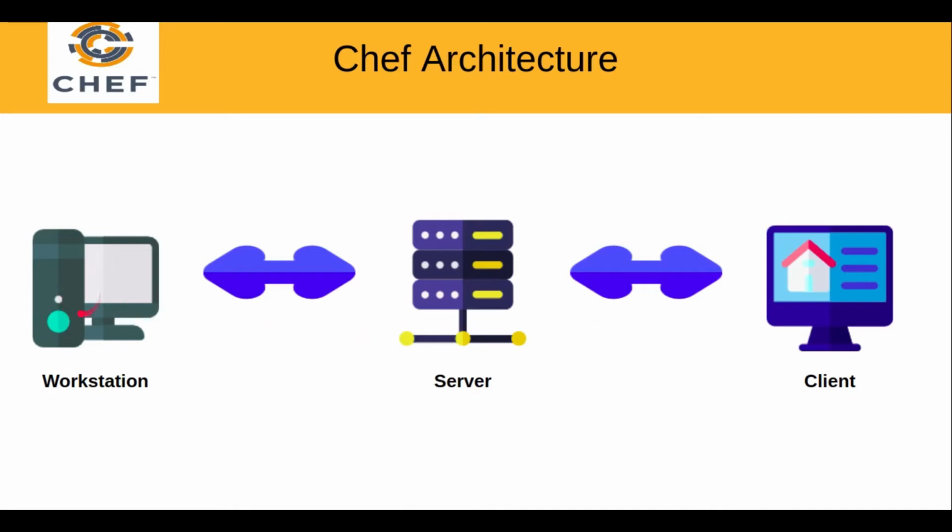So workstation is where the system administrator exists. On the workstation, the system administrator writes cookbooks, and in cookbooks he writes recipes. In recipes there is Ruby code by which he intends to install the packages and configurations on the client computer. So when the system administrator wants to install something on client computers, he uploads that to the server. The server is a place where the cookbooks are stored. This is called the Chef hosted server architecture.